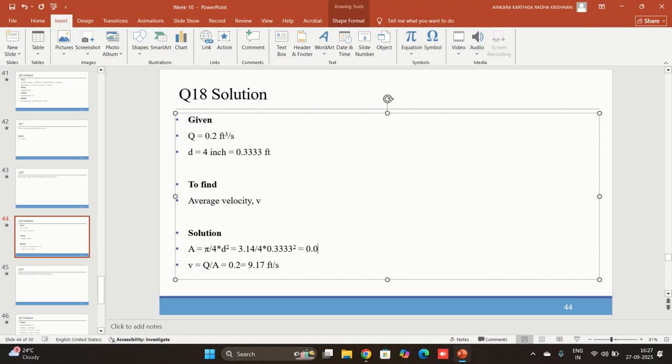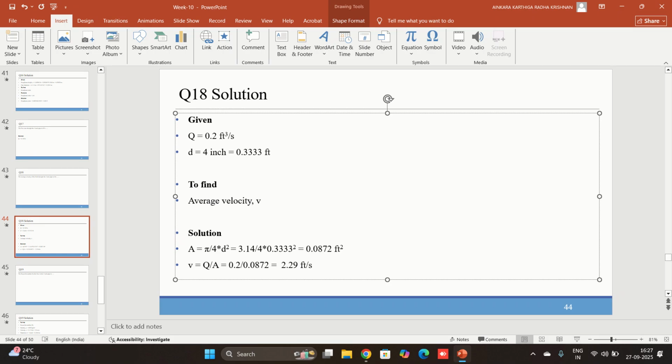It is 0.0872 feet squared. Then 0.2 divided by 0.0872 is 2.29 feet per second. So what we did is, we are asked to give the average velocity in feet per